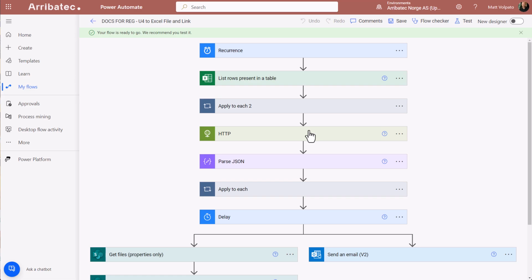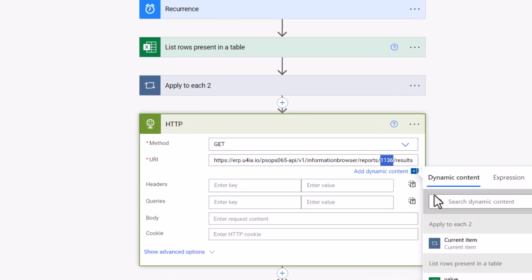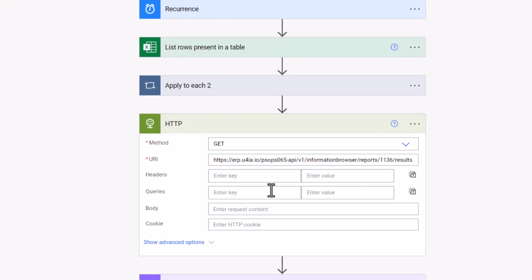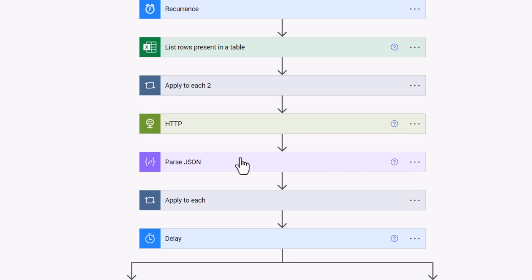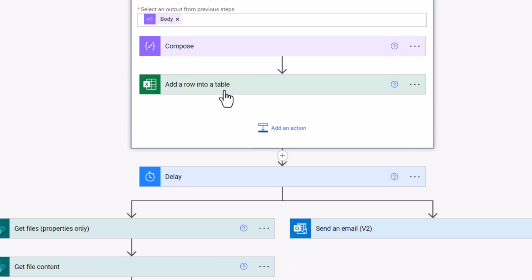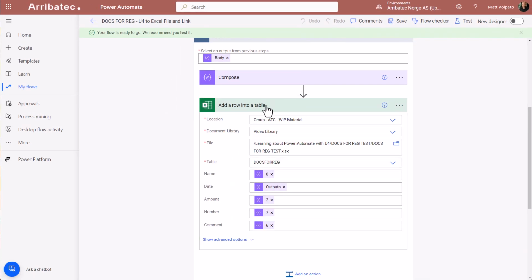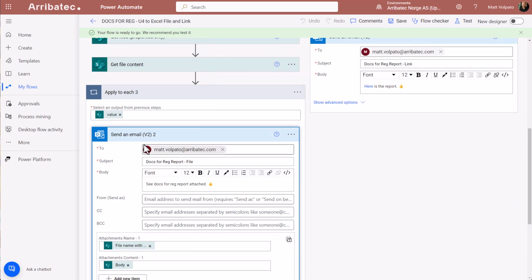Here I am using a Power Automate flow to perform a scheduled daily process. The flow runs the API request seen previously to get the report results. Then it parses the response to ensure it understands them. After that, the result rows are entered into an Excel spreadsheet in SharePoint. There are a couple of options after that. One is for a link to the file to be emailed, or for a copy of the file to be